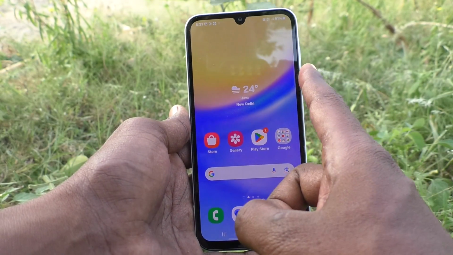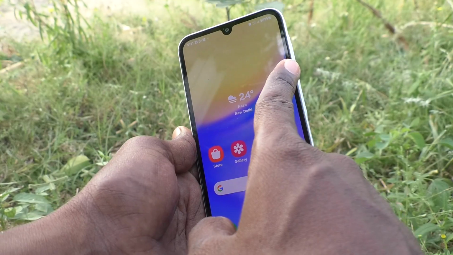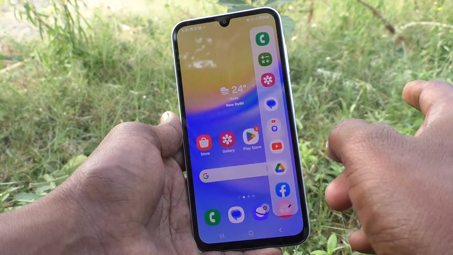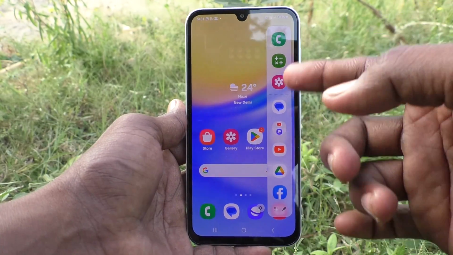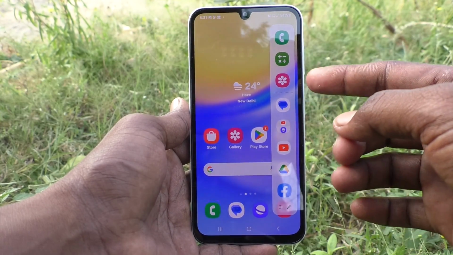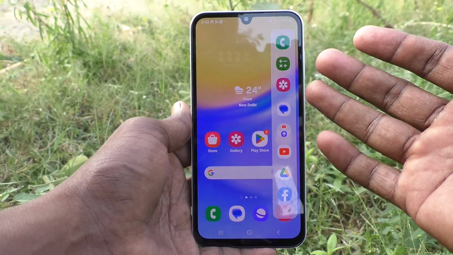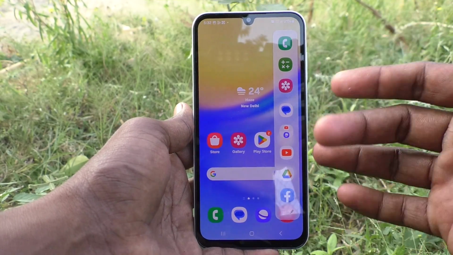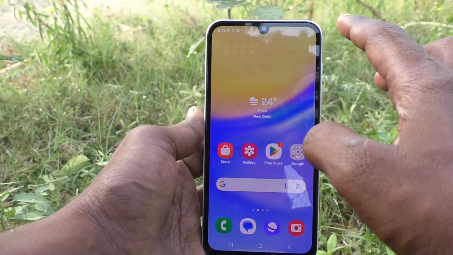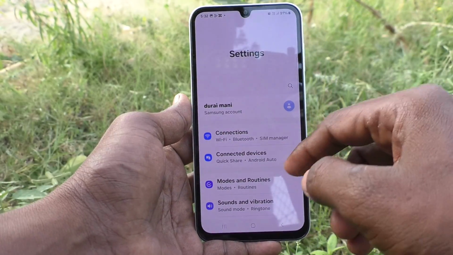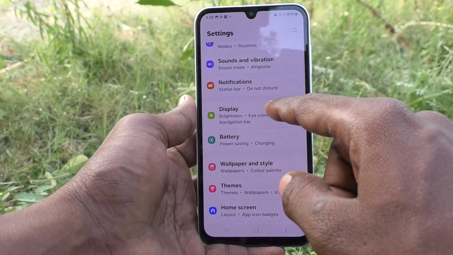If you swipe on the right side near volume buttons, swipe like this, there will be some panel that will be appearing. If you would like to remove this panel, if you don't want this, then yes, you can do it. What you have to do is go to the settings of your phone here and then go to display,